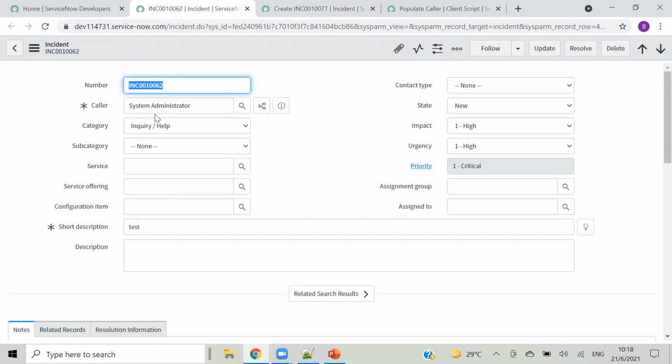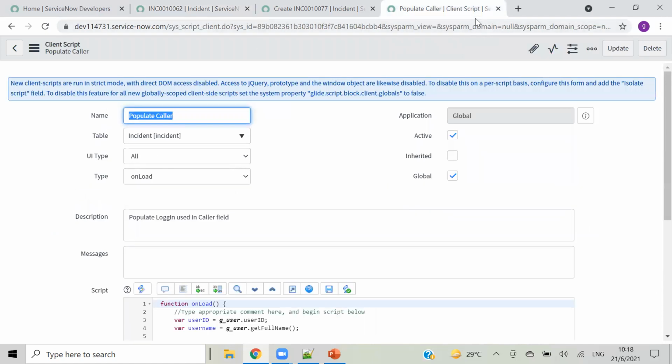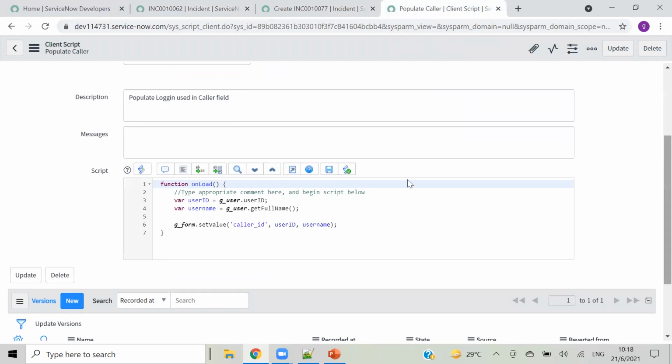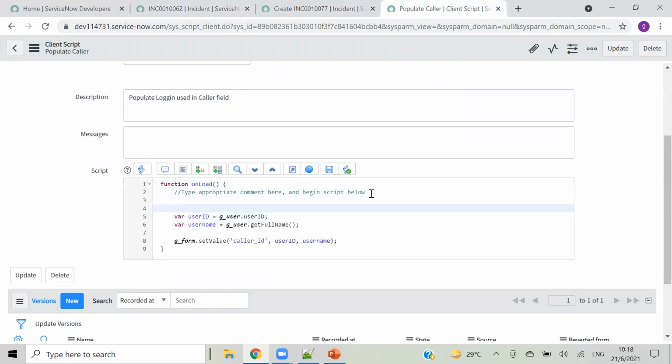So see, it was Abel Tutor, but it is replacing that Abel Tutor with the System Administrator, which is not correct. So for that, what do we have to change in our code? Before going to that, we will check if that record is new or not.